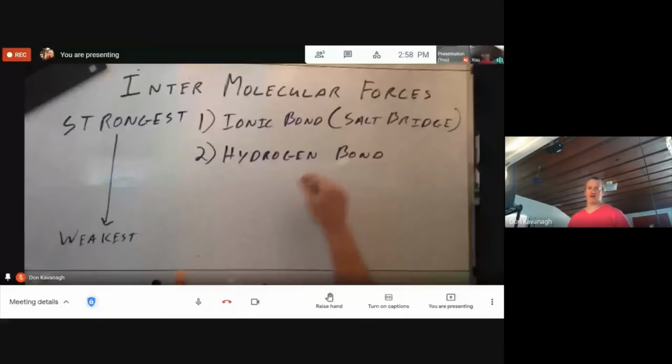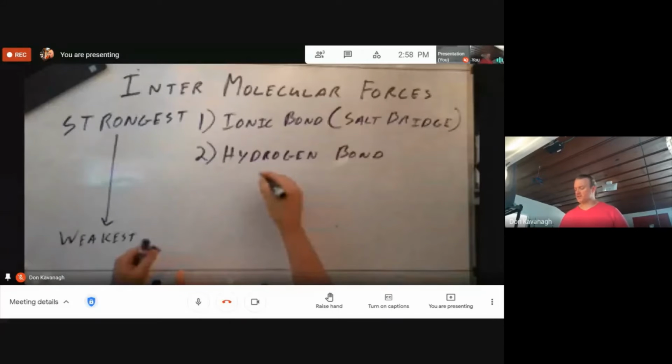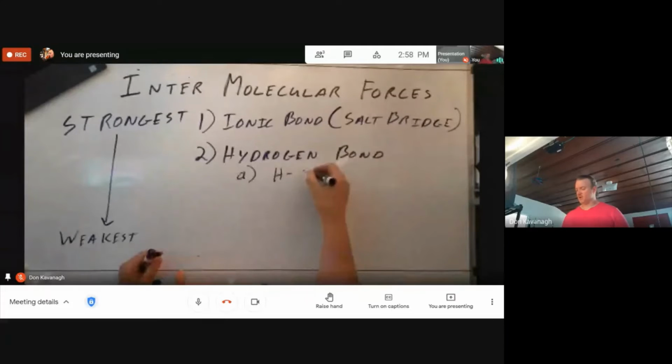bond can occur. A hydrogen bond is in some ways the easiest to identify because there are pretty specific conditions for it to be possible. The first condition is that hydrogen has to be present, not a surprise. That hydrogen has to be bound to an oxygen, or a nitrogen, or a fluorine. So if that molecule contains a hydrogen atom and it's bound to one of these three, then a hydrogen bond